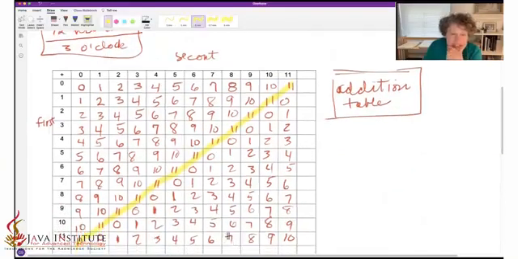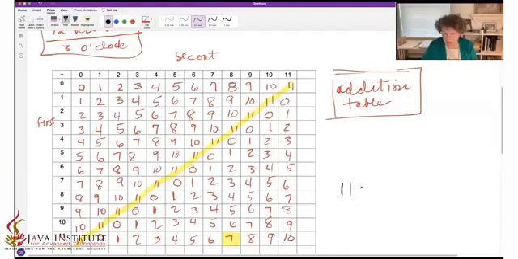11 plus 8. Well, of course it's 19 in regular arithmetic. It's also 19 hours. But if we start at the top and go around 19 hours, we get to 7 o'clock. So if it's 11 o'clock and we go 8 more hours, we get 7 o'clock. And then we write this. We have a way of writing this. We will write